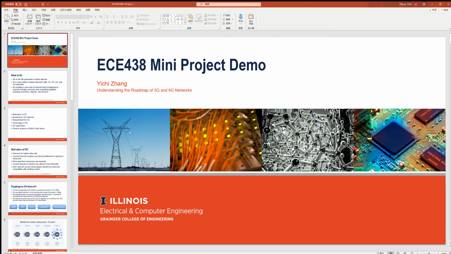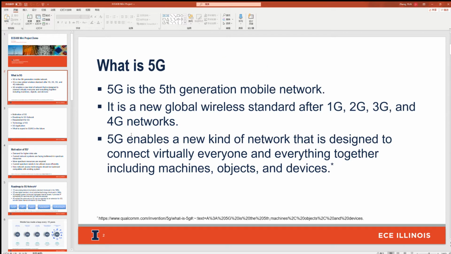5G. So what is 5G? 5G is the fifth generation mobile network. It is a new global wireless standard after 4G networks. 5G enables a new kind of network that is designed to connect virtually everyone and everything together, including machines, objects,